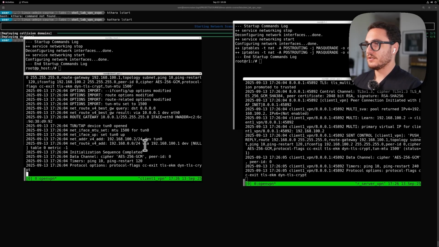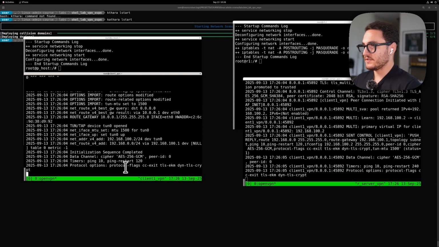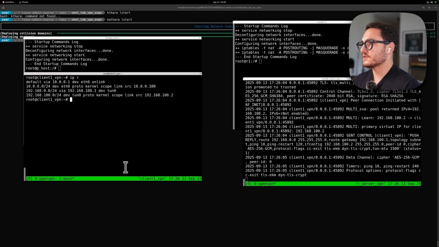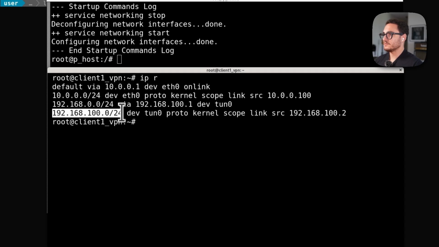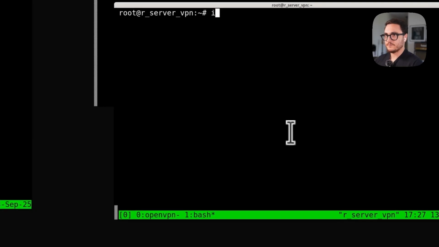192.168.0.0/24 via the default router of that subnet. And if we look at routes, now we have the route for the VPN and then the route to the private network. So let's see here